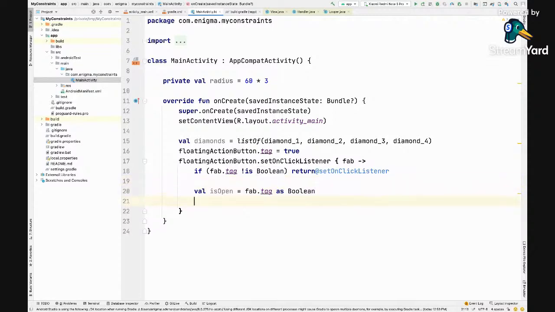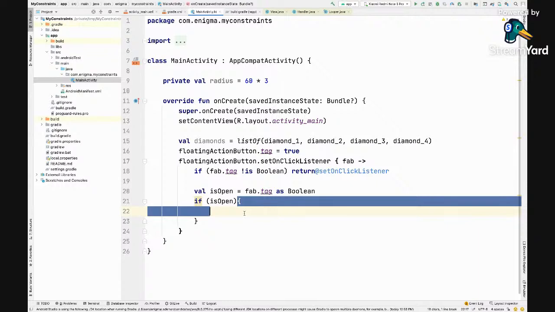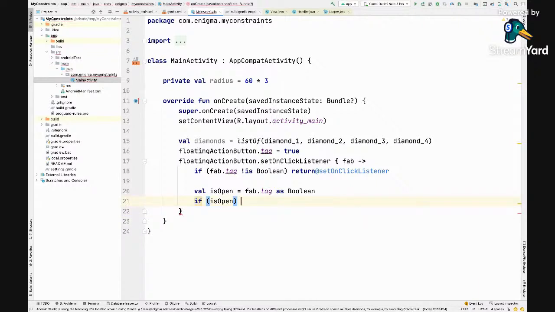Okay. So in this case, I'll just say if is open, then I'll take radius to be this. I'll just say radius is to be this.